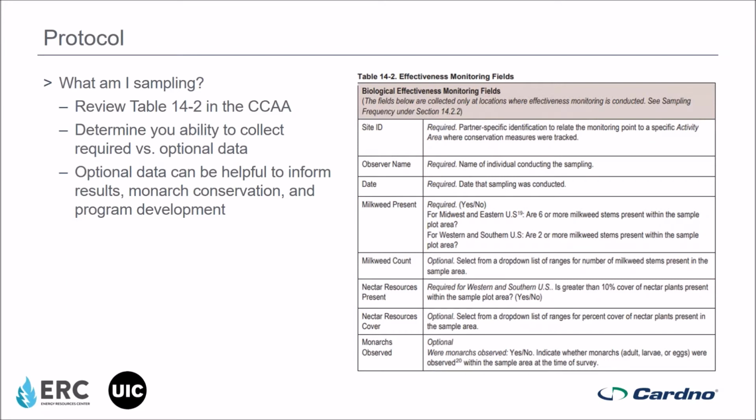So again, going back to that section 14.2 in the CCAA and actually the table 14-2, where we outline the fields that are required for effectiveness monitoring. And so this has some of the consistent fields, and we'll talk a little bit about the opportunities you have for entering this information. There's several different options that are out there. You also may have your own tools and resources available. So whichever method of entering this data and recording this data you have, we want these fields to be consistently